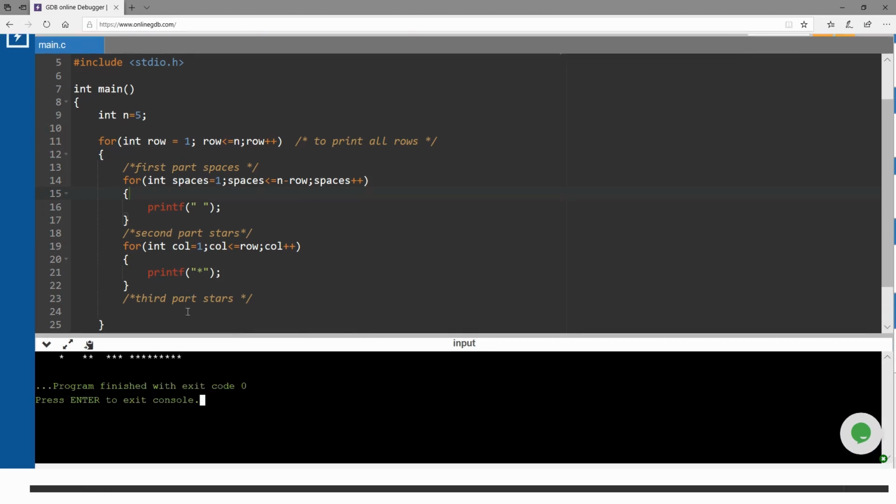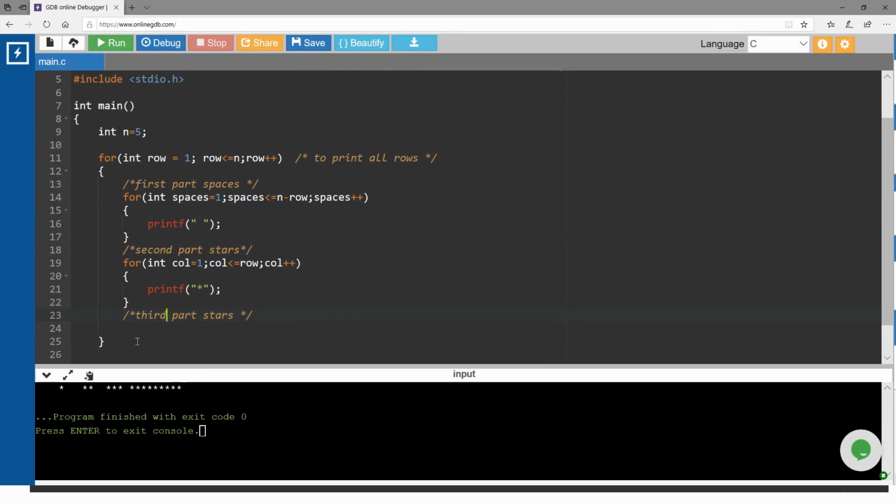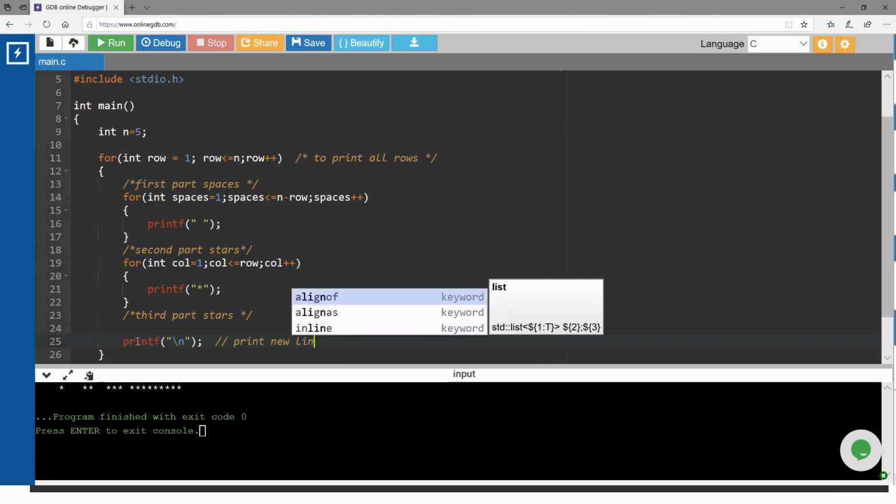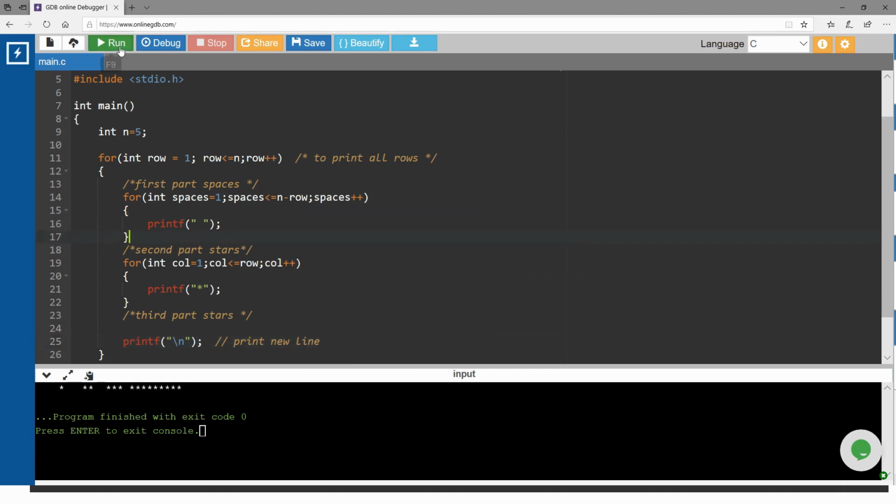I think we have forgotten to write the printf to print the new line. Just printf a new line and run it. Okay, it's perfect.